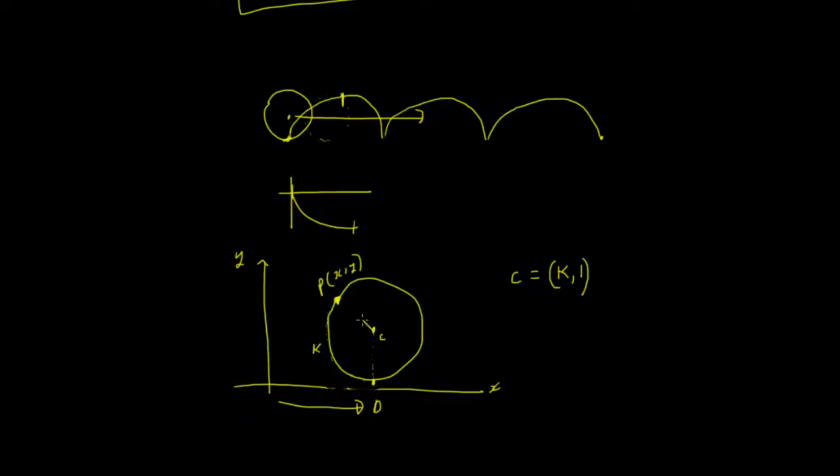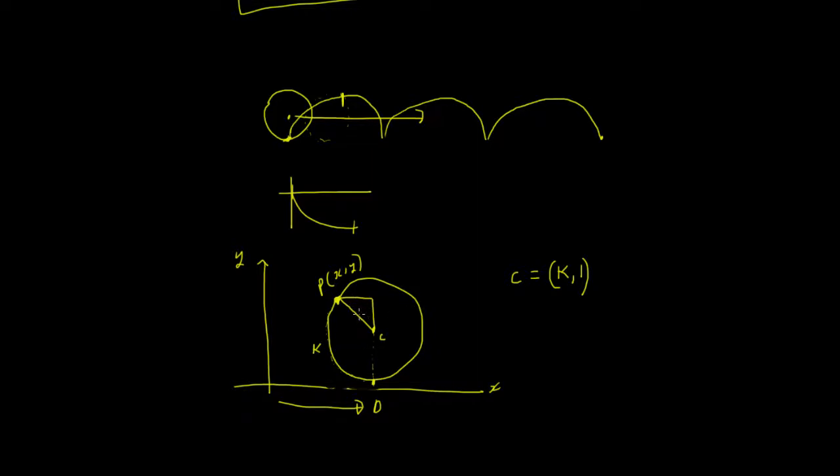If I draw a line joining the two, to get the y coordinate we would be adding this height here to that height there, and the x coordinate would be this distance here plus this distance here. So now if we do the x coordinate first, then we know that